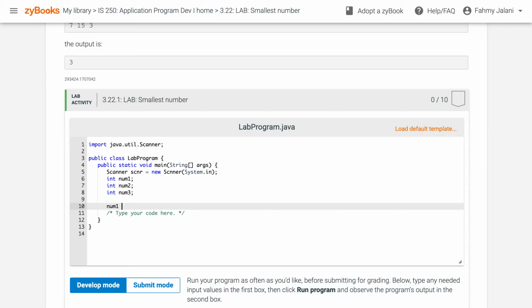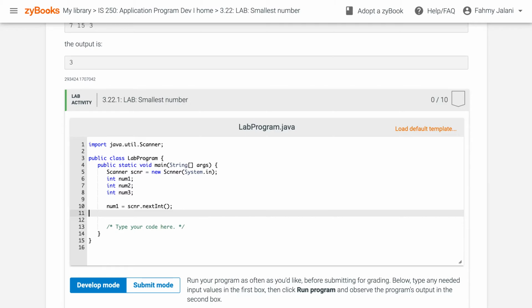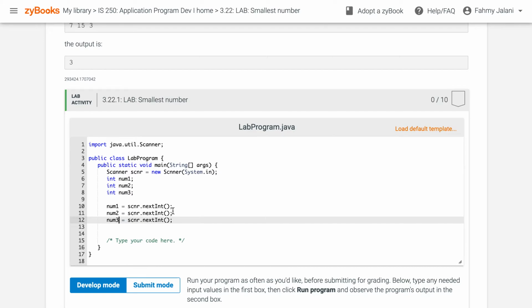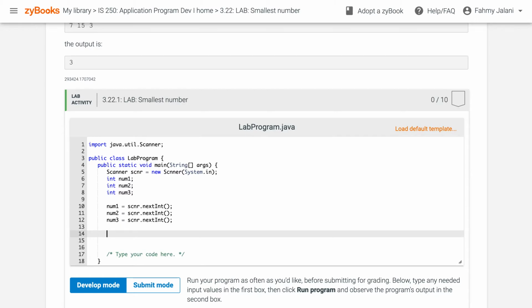Num1 is equal to scan next integer, bracket. So do the same to scan the other 2 numbers. Alright, let's change this to 2 and 3. So once you get the numbers, you need an if statement to see which